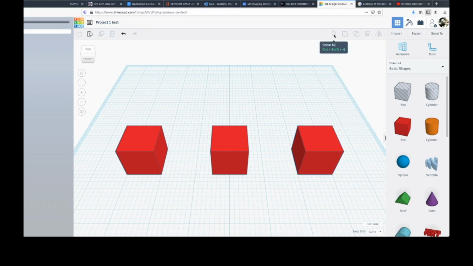If you want to turn the visibility off of something, you can select the object, and then the little shape palette will come up. Next to where you lock an object, there's a little light bulb. If I click that, it will hide the object. Now it hasn't deleted the object. It's just temporarily hidden that object. To view that object again,